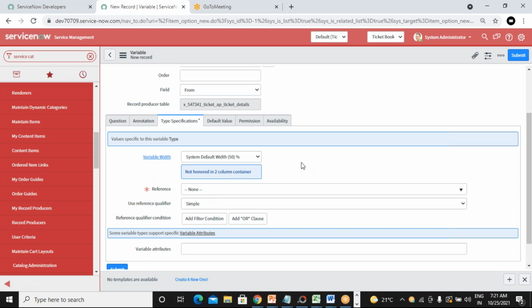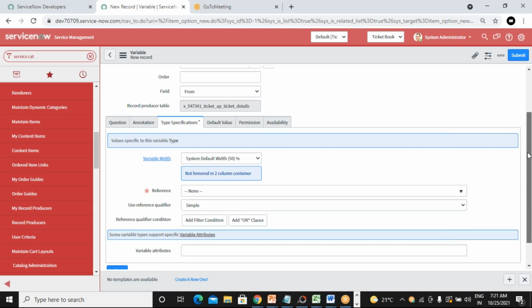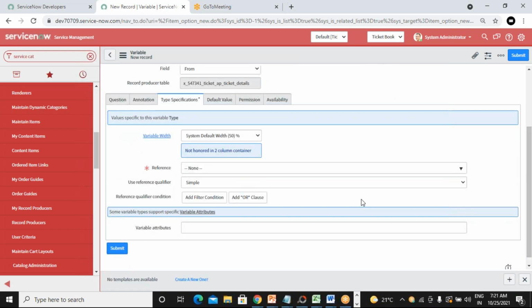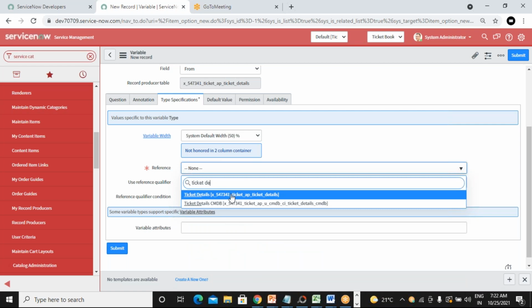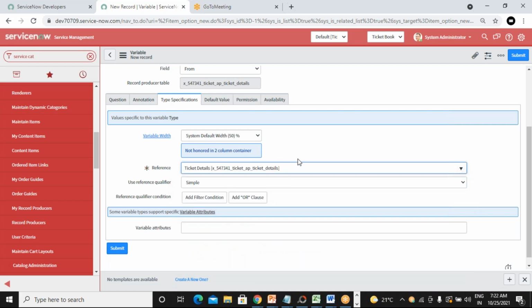Here, for type reference, we have to add a table. Since we have used the reference data type, we have to add a reference table. Let me select ticket details. So we have added the reference table for the variable called from.